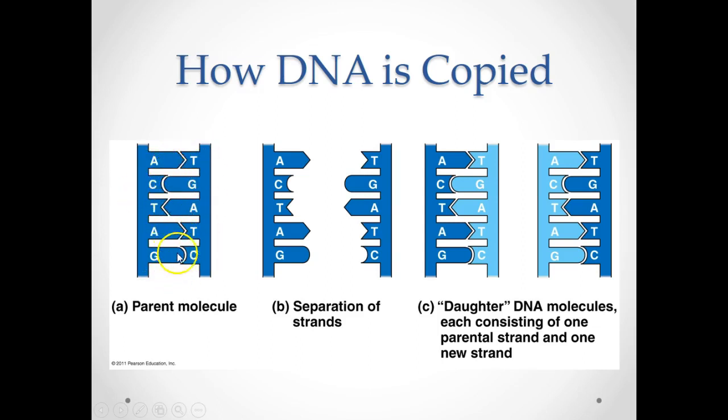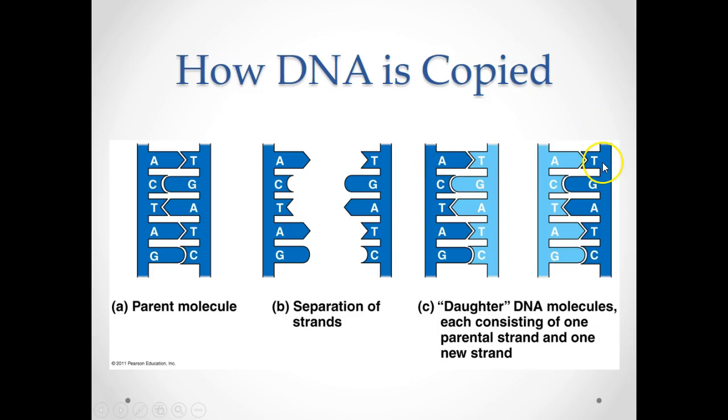Okay, so G is a base pair with C, A is a base pair with T. That always happens. We're going to unzip and unwind this DNA molecule, and so we break the hydrogen bonds that are holding these G's and C's and T's and A's together. Once we open up this DNA double helix and we have both template strands basically separated,